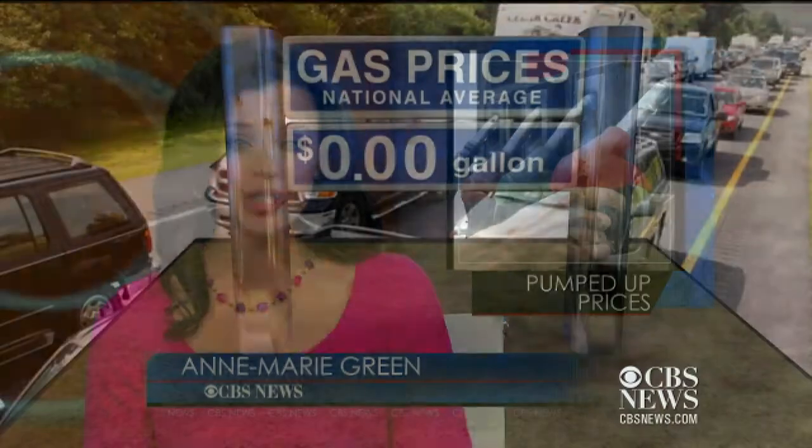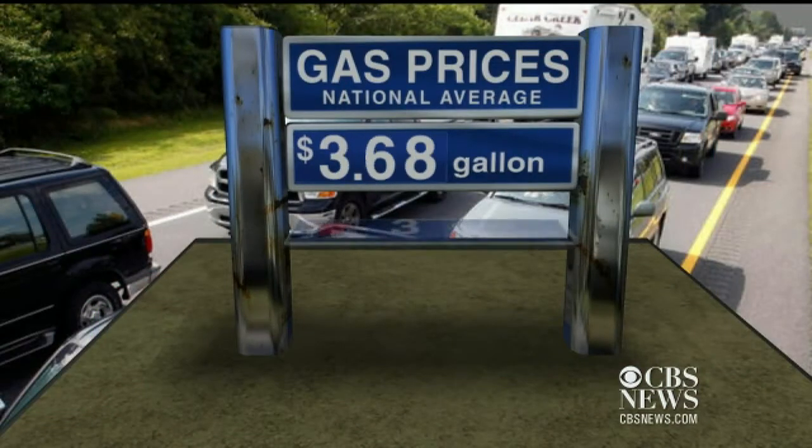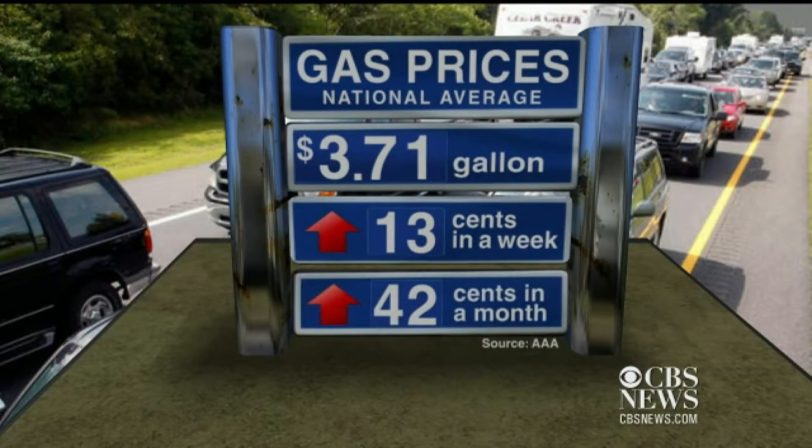Well, gas prices are going up just as many people are starting to plan those spring road trips. The latest AAA survey shows the nationwide average for a gallon of unleaded regular is $3.71. That's up 13 cents in the last week, 42 cents in the last month. So joining us with tips on how you can save at the pump is Kelli Grant, senior consumer reporter for